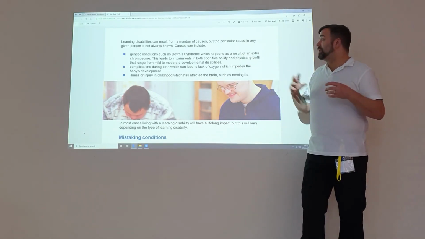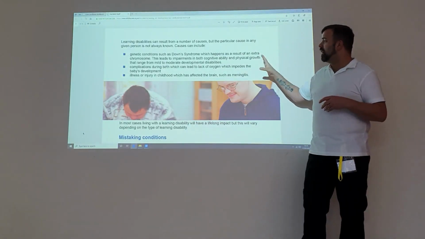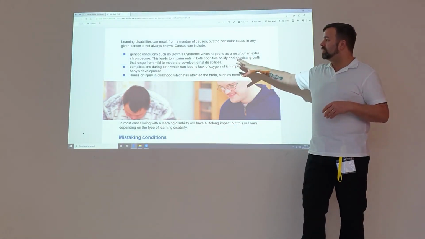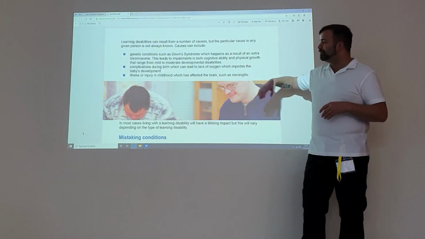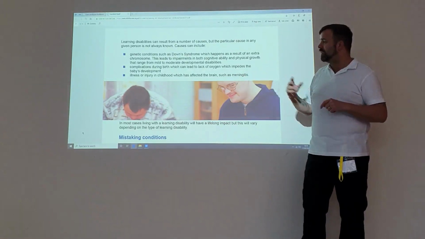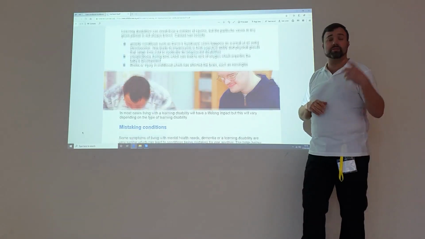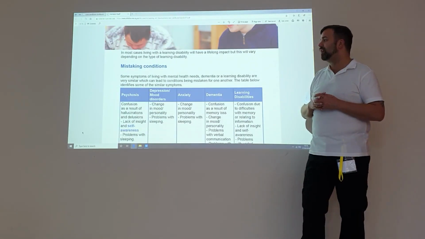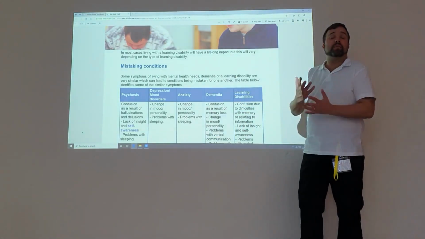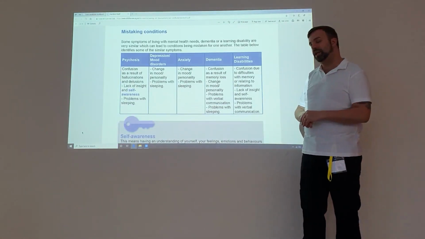Other conditions may be such as Down syndrome, and this is due to extra chromosomes and has a cognitive impairment and has things around physical growth and is a moderate developmental disability. It can happen with complications of birth, which leads to lack of oxygen and impedes the development, or illness and injury to the brain, such as meningitis or maybe a stroke. So there's lots of things there. The reality is we're going to deal with people in the same way that we would in any other situation. We use our 6 C's, we're going to communicate, and we're going to work in a person-centred way.